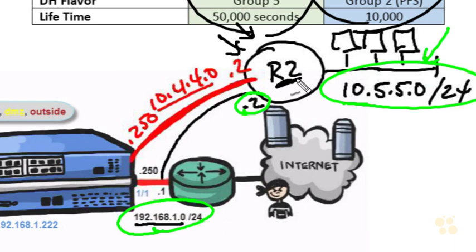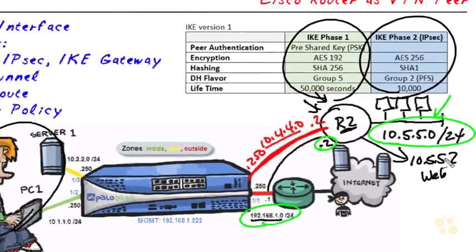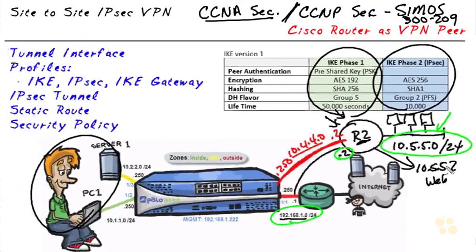And what we can do on R2 to make this easy to test is we'll just give R2 a loopback address of 10.5.5.2. We can enable web services, and that way, we can have Bob the user go ahead and access 10.5.5.2 via HTTP, and when it's successful, that traffic will go through the Palo Alto firewall, through the tunnel, to R2, and then R2 will respond to that IP address, as long as